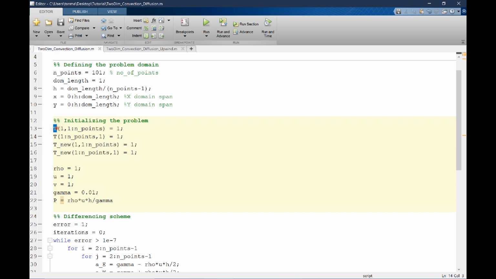So for the variable T, the first row, and this particular statement here, it defines it for all the columns, and we assign it to be 1. Remember that in a two-dimensional matrix, the first index corresponds to the row, and the second index corresponds to the column.